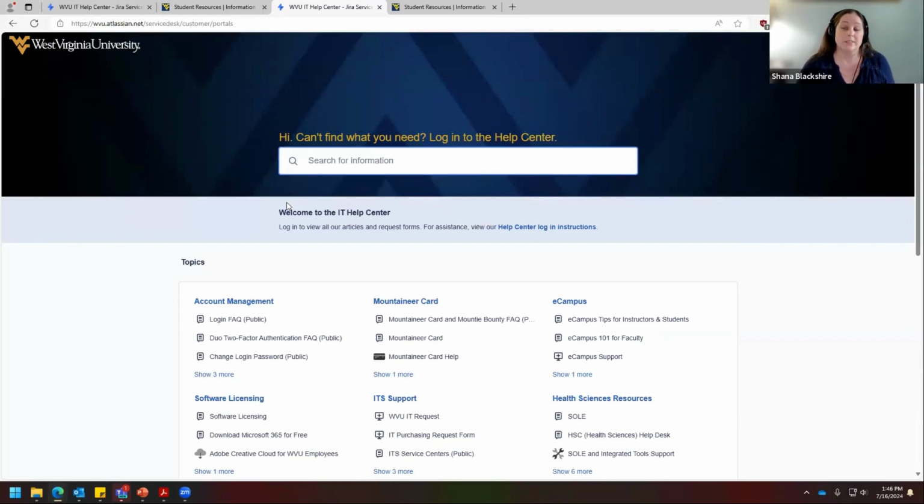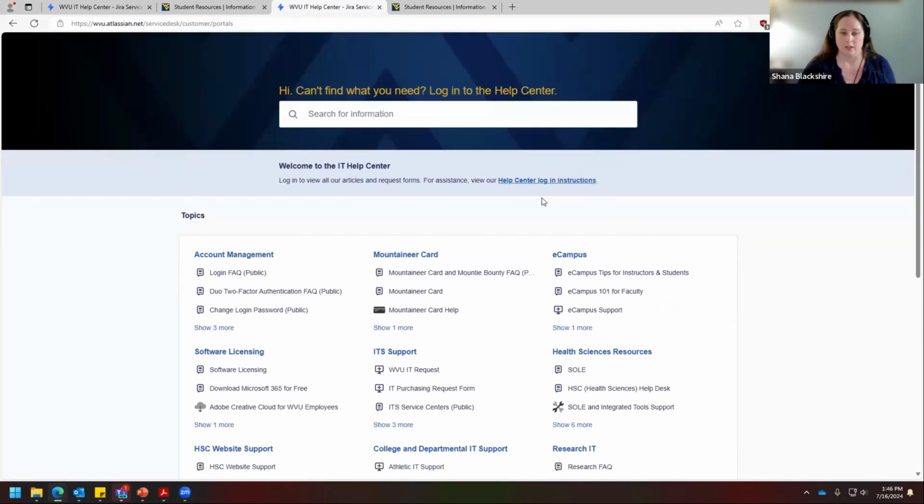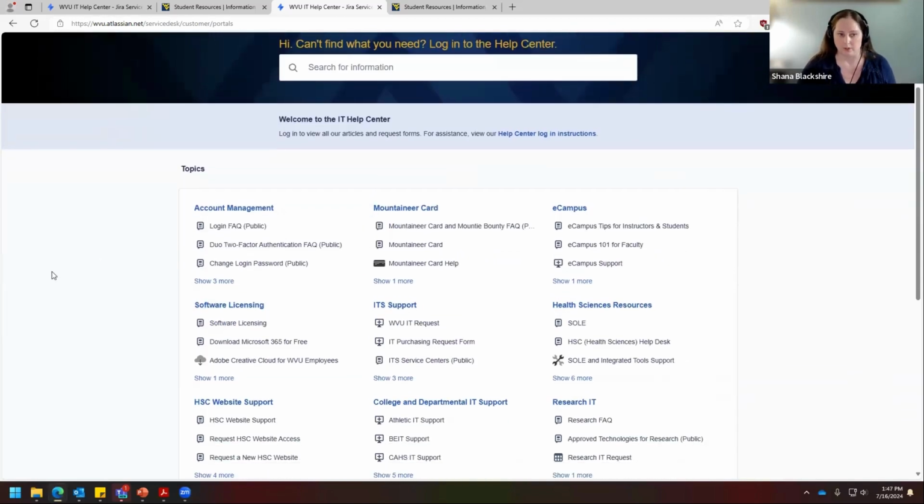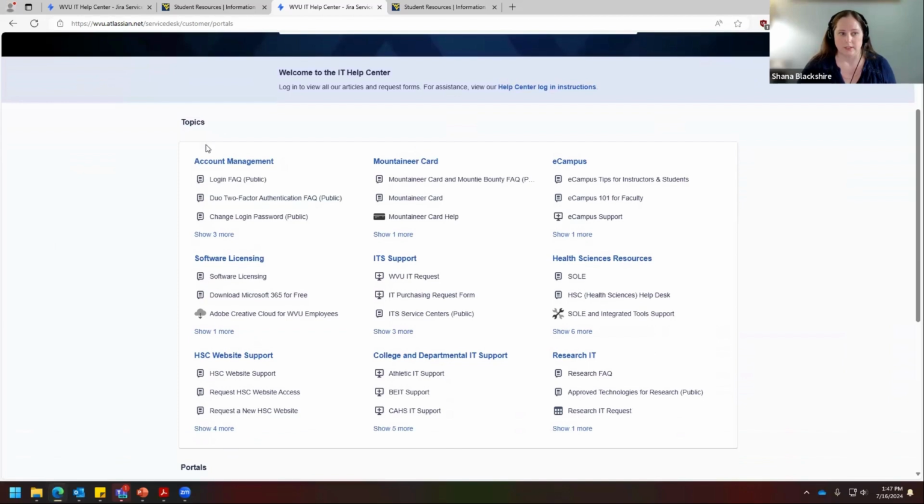You will need to log in to actually get the best use out of the IT Help Center. If you are not logged in, you will see a very limited number of articles. So you'll see at the top here, I have logged in with my own username and account, and you'll find a login link in the center of the page. So once you are logged in, then you will have access to all of our content,